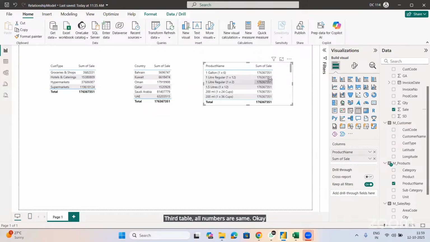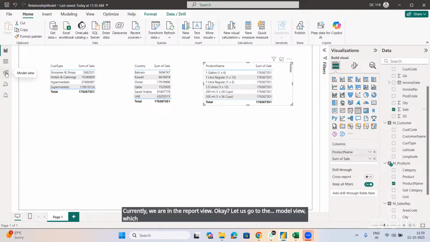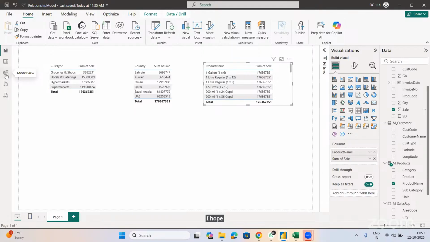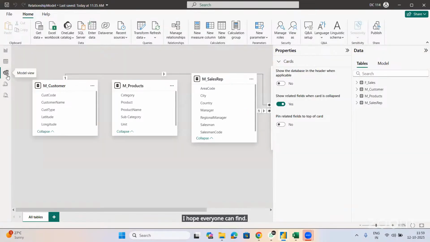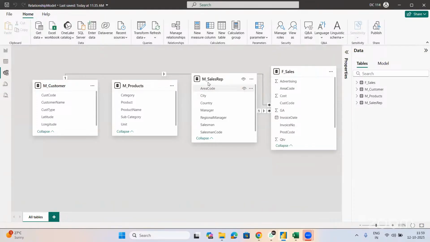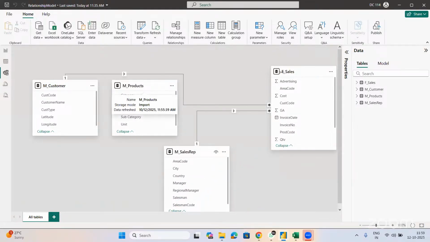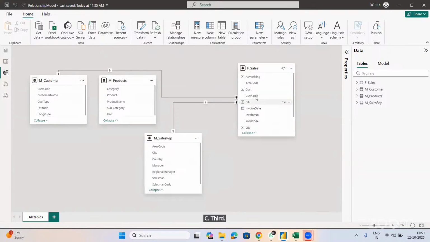Okay, let us understand why this is happening. On the left side, we can see these 3 to 4 small icons. Currently, we are in the report view. Let us go to the model view, which is the third one. I hope everyone can find the model view. See, here we can see that